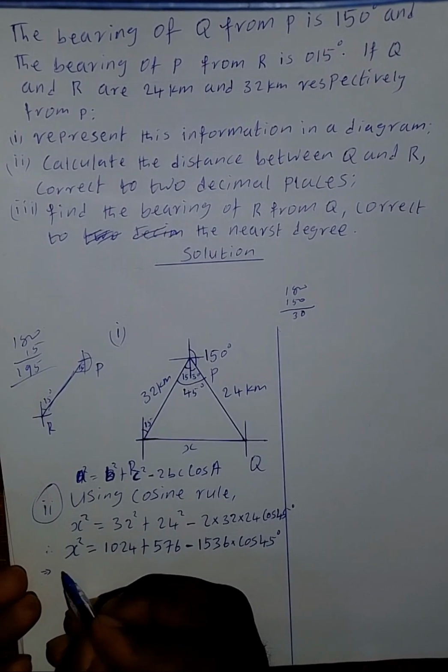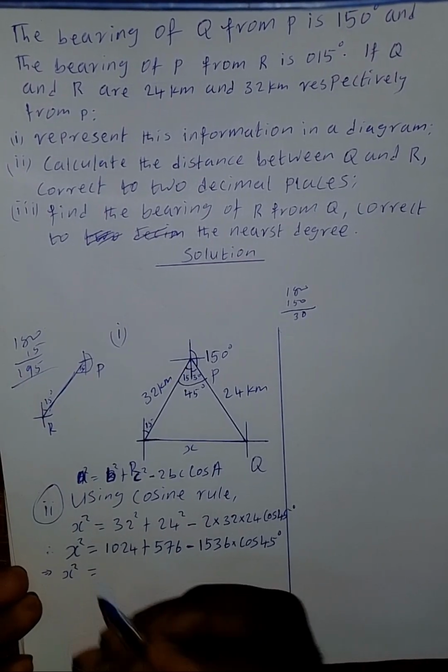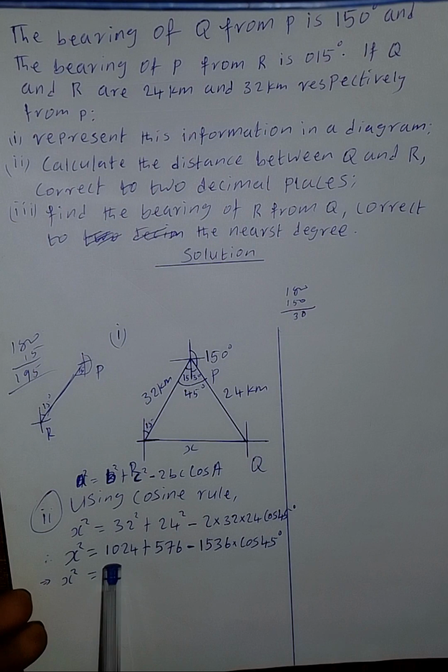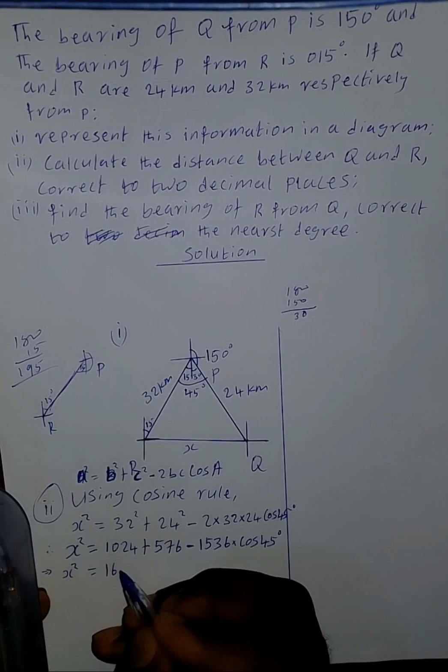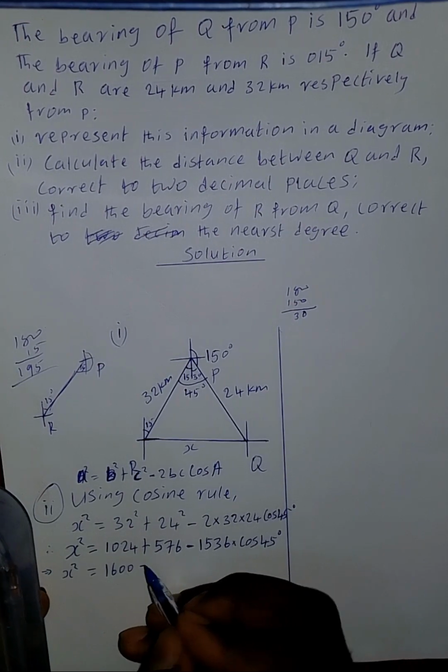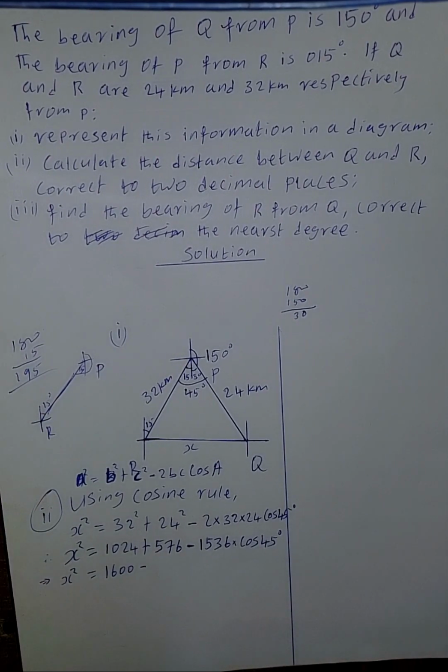This means that x square is equals to 1024 plus 576 is equals to 1600 minus 1536 times cos 45